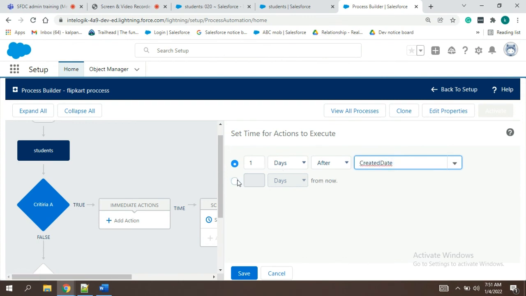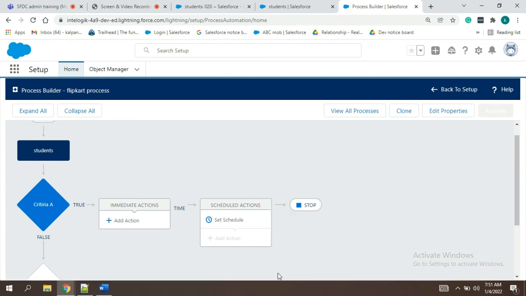Okay. Or else you can have one more option, this from now, like that. Even hours also you can show, but not minutes. But now even minutes are also working. This is not a paid version, so we are not able to see it, but as per the Winter 2022 release we got that option also available. Okay, this is mostly used by developers, so you should not worry. The only thing is whatever the developer does, you have to just check whether it is working as expected or not. That's all. Okay.